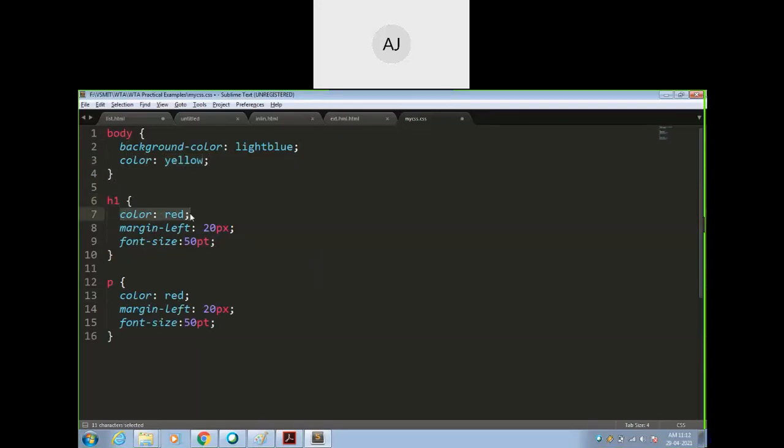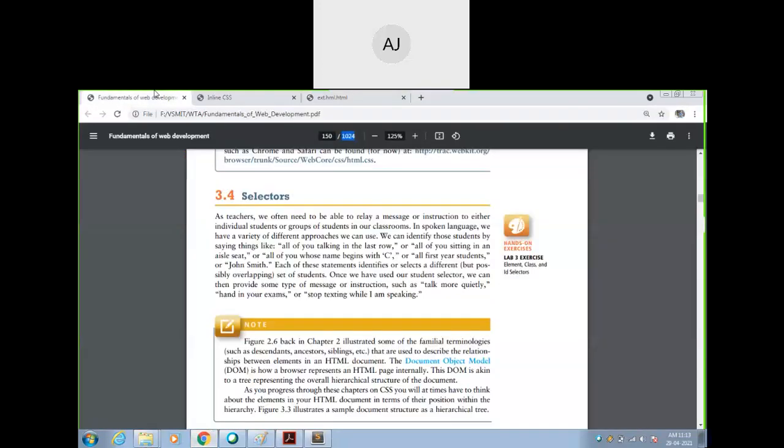Means there will be 2 default values for the color. When you use the body tag, what will be the color name? Yellow. When you use the H1 tag, what will be the color? Red. So there will be an ambiguity. Means the interpreter will be confused about which color to refer to. Because this H1 tag is within the body tag. It is just like mother is saying to do this and father is also saying to do this. Now whom do you have to listen to? This is called ambiguity. So this is solved by making use of the concept called selectors. So 6 selectors are there that we will see in tomorrow's class.